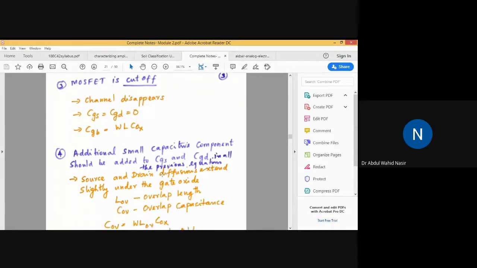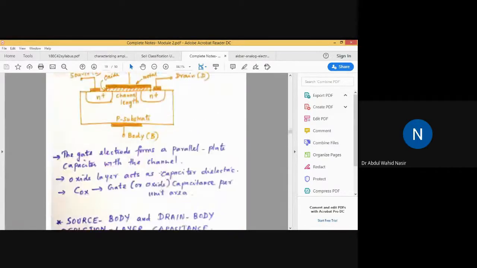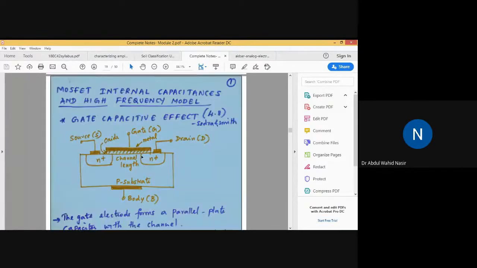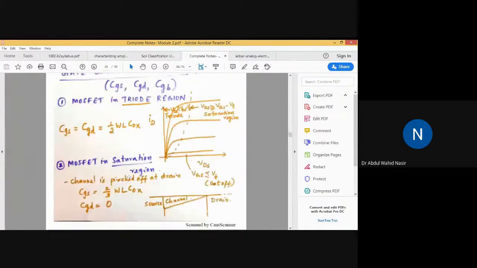We'll see here. If you properly see the physical construction of this MOSFET, here you can see the channel length is L, here to here is L. But effectively, if you see the channel length, there is an overlap. There is an overlap here at the source, and in the drain side also there is an overlap. So due to that, the channel length will get increased, and it will also add to the capacitance. So what is that value now?